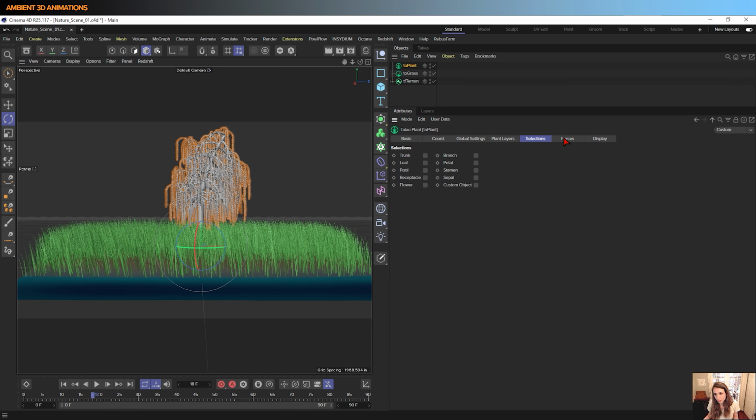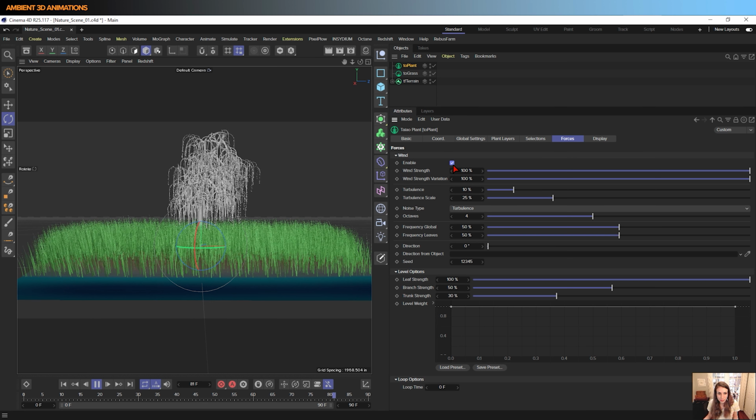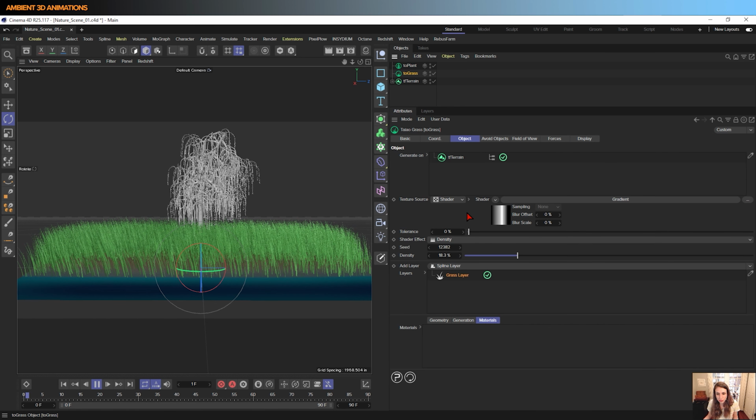There is one more thing that I'd like to show though. If you remember, we added wind to our grass. Now this is fantastic. You can also do that with your tree. So if I hit enable, now we'll have some movement in our tree. I'm actually going to turn off